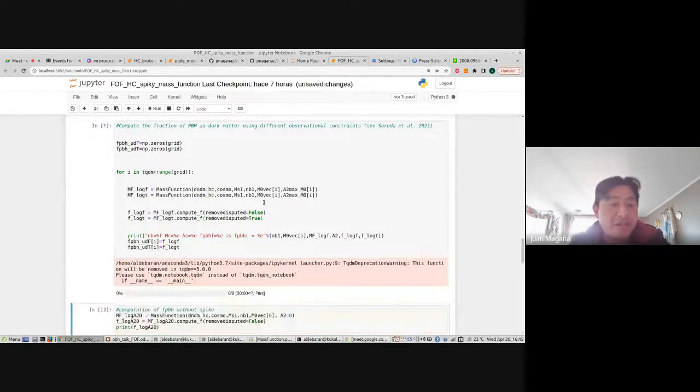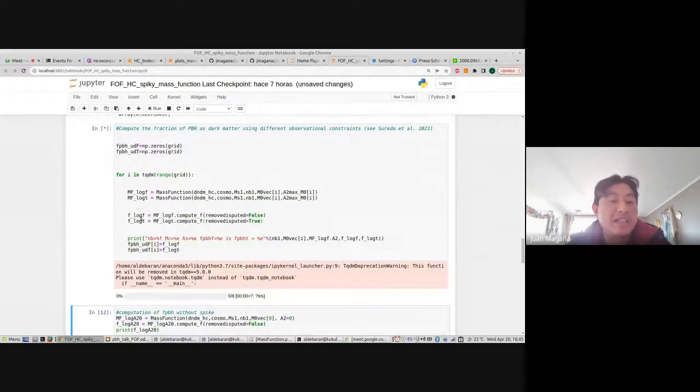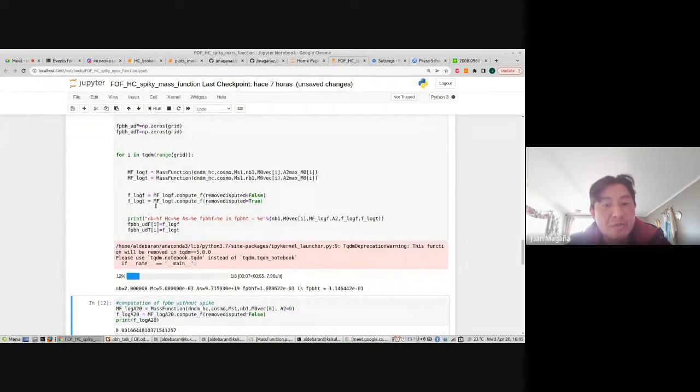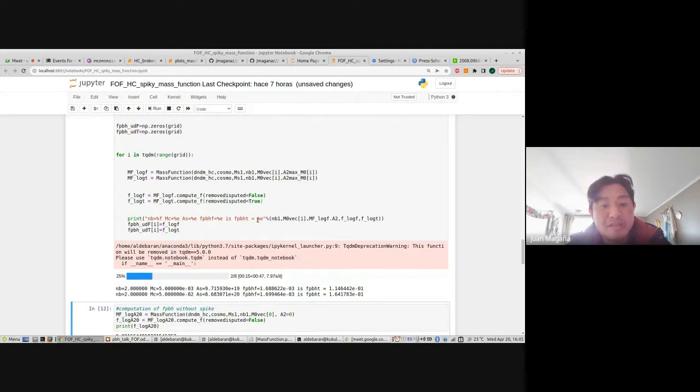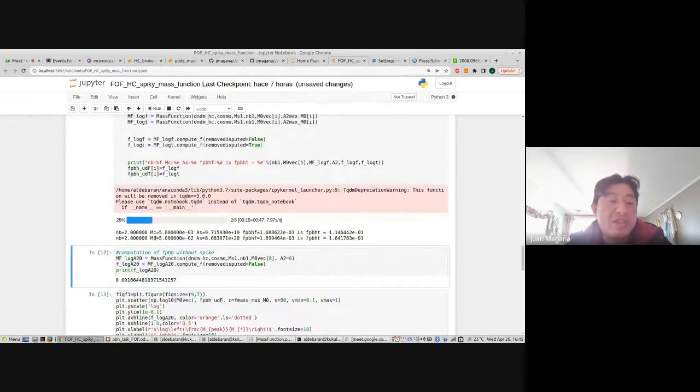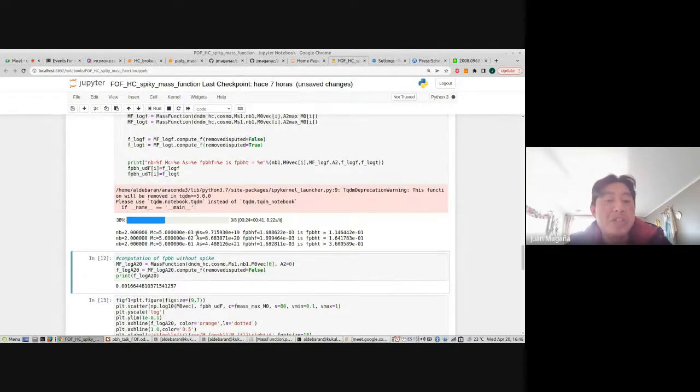I will run this line here. Now I am calculating the fraction of primordial black holes as dark matter for both cases, using all the observational constraints and removing the disputed ones. I print, for example, the position of the peak, the amplitude which provides the maximum fraction of mass inside the spike.